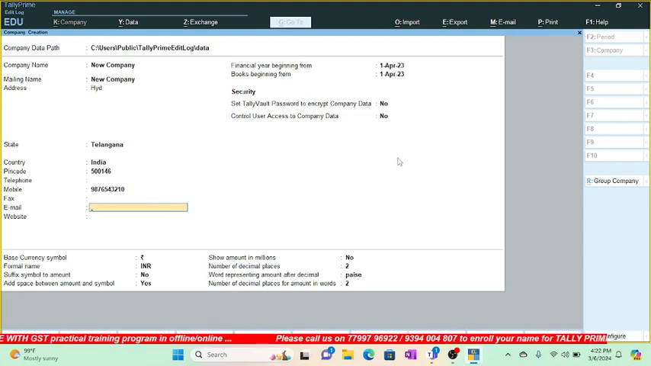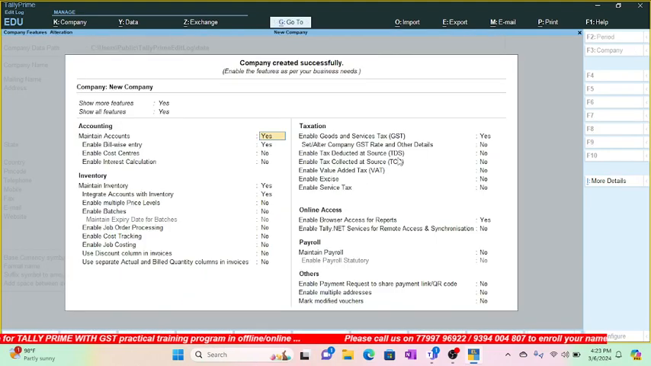What is the shortcut key we use? Control A. So I have selected Control A. So in Tally Prime,